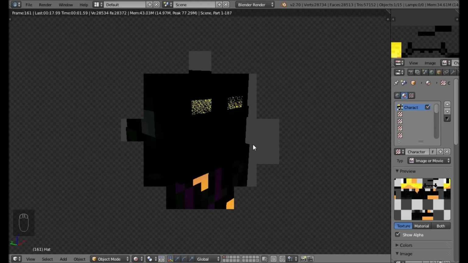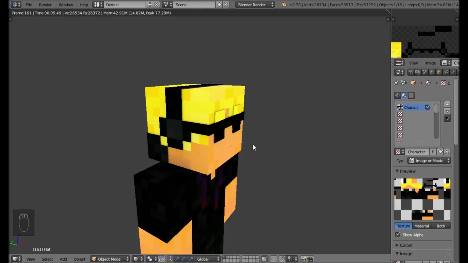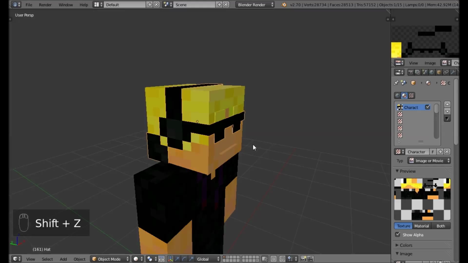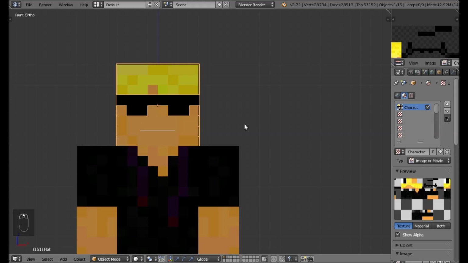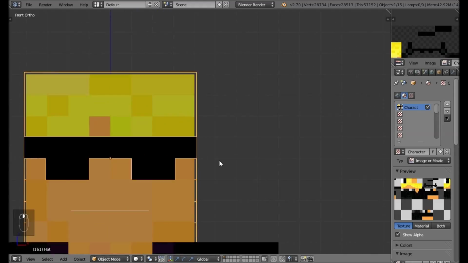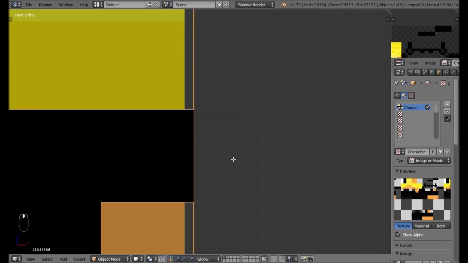If you just want the shades, okay, that looks a lot better. But if you want to go even more awesomeness and you want to add thickness to it, well, you can stop now. This is a pretty good step, but if you want to go more into detail, you can do,